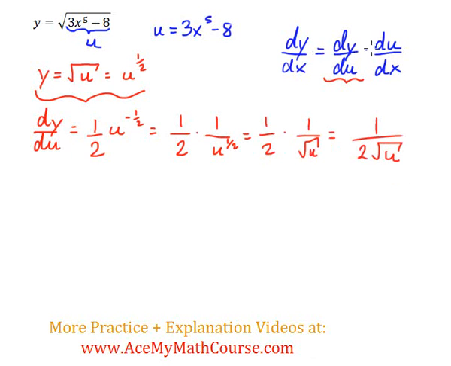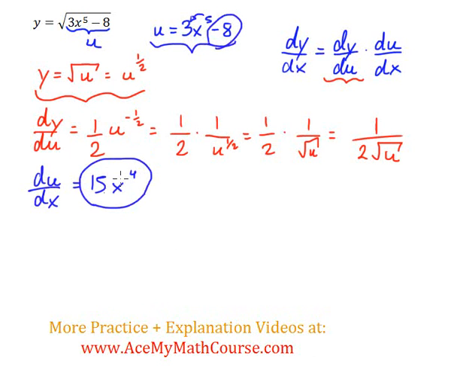Now, of course, we also want du dx. Du over dx will be equal to, now we need to take the derivative of this, 3x to the 5 minus 8. And how do we do that? I can bring down the 5 multiplied by the 3, so I get 15x to the power of 4, because we need to subtract 1 from the exponent. And the derivative of the constant is just 0, so I don't need to add anything. Great. Now we have both elements that we needed